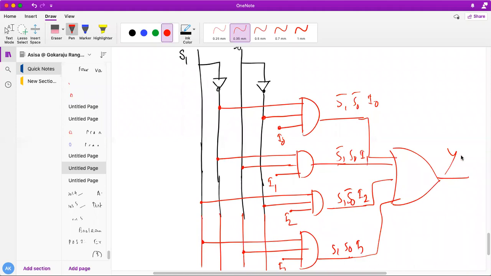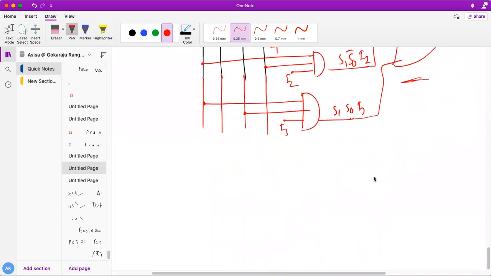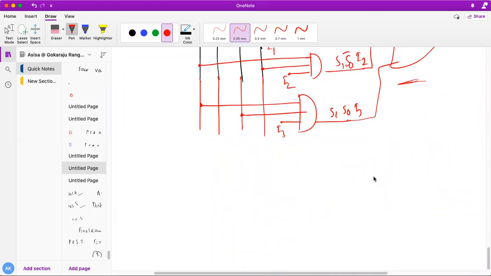So Y gets selected depending upon this selection criteria. That's why it is called a mux. You can see that generally this mux also has AND gates followed by my OR gate. Do you all understand, students? Very simple. This is the way you can do a 4 cross 1 mux.